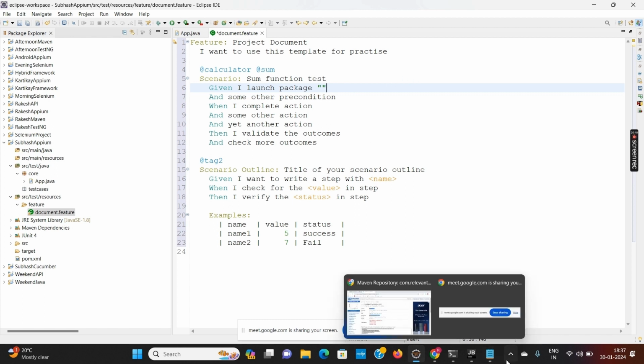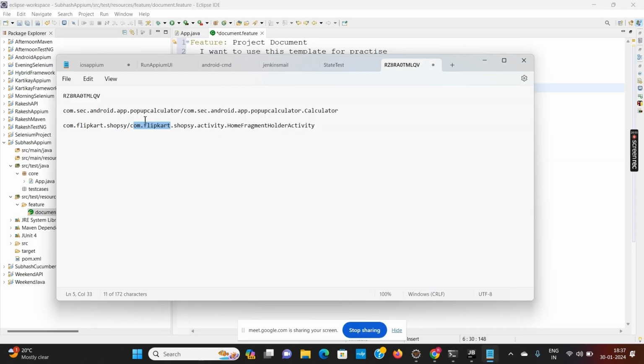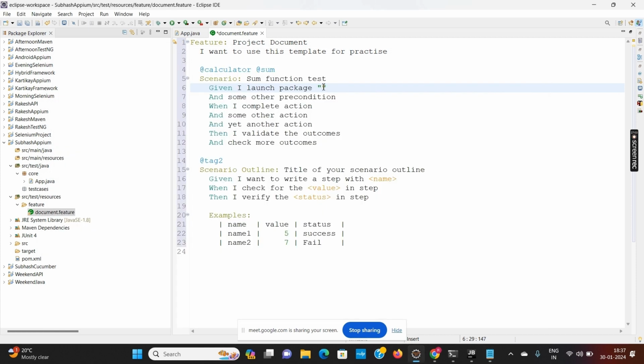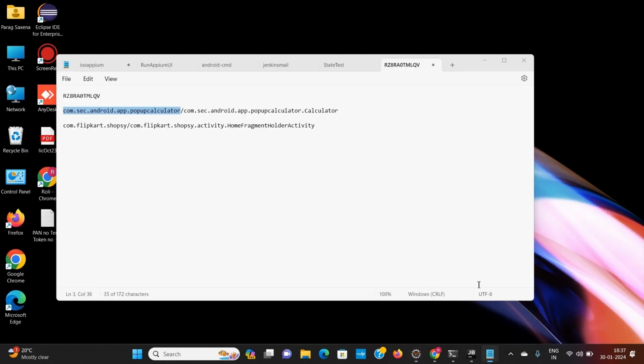So the package which I have already retrieved for the calculator, I can copy from here, Control C, and paste. Given I launch package and activity, again we have already retrieved the activity name.